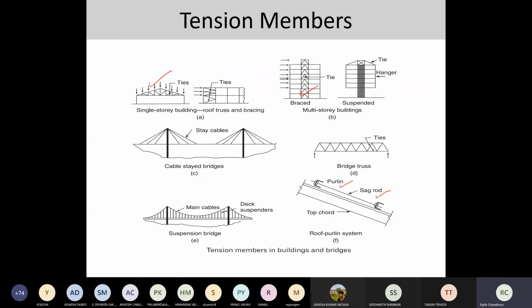Okay, even the bottom chord tie or the bottom or top chord of the truss, and even in the bridge deck, the bottom chord or the top chord could be considered as the tension member. And obviously the tensile nature of the force is primarily applicable because you know that when a particular structure is composed of, let's say it is a bridge, it has two components, bottom chord and top chord. Now depending on the nature, if the loads are reversible in nature, the top chord which is supposed to be considered as a tension member may go into compression.